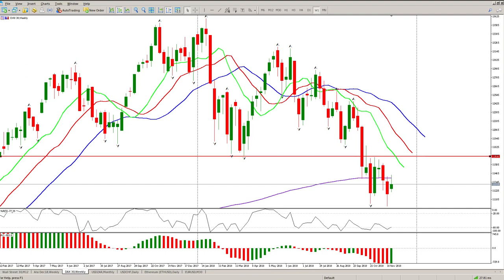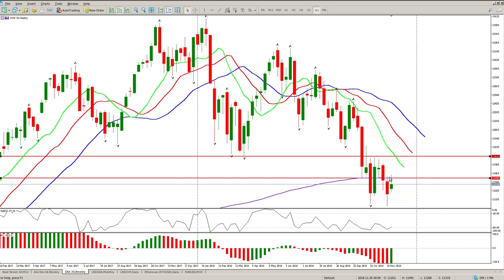So we're still using the Bill Williams theory, and I'm starting off on the weekly, and the only reason I'm doing this is just to highlight this head and shoulders here. So we ended up with an inside bar and another inside bar on the weekly, and the critical thing around this is this weekly 200